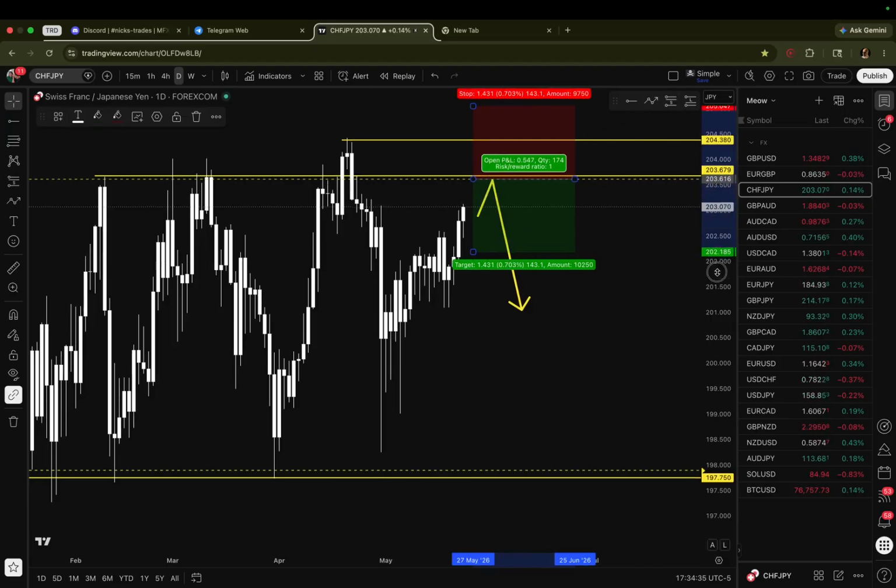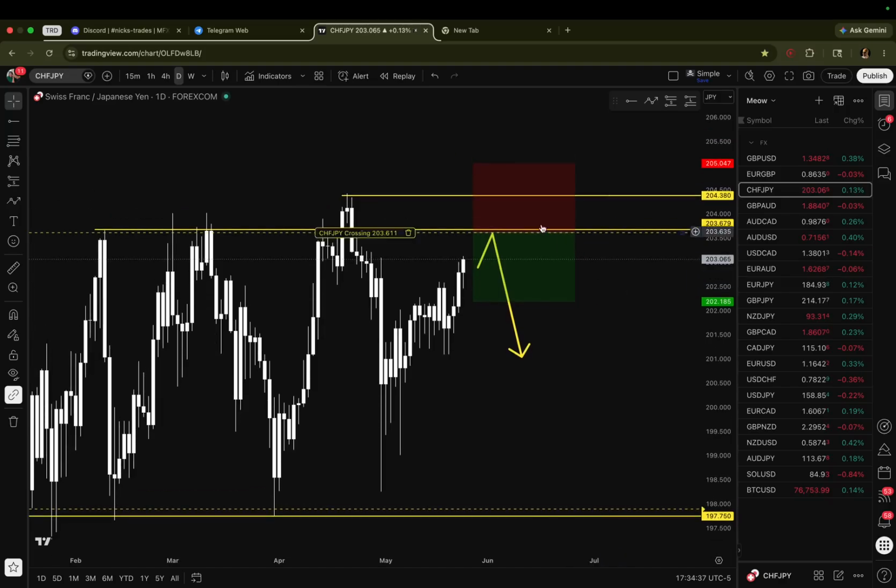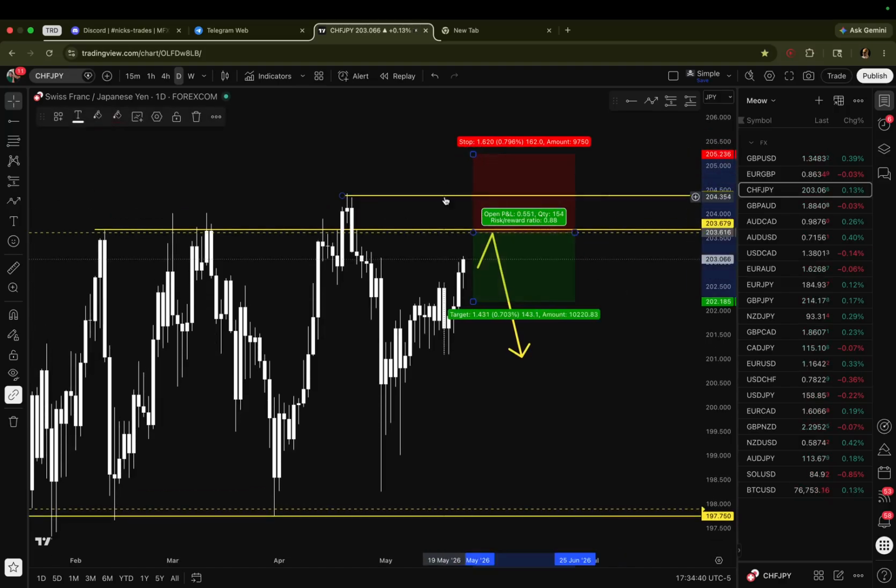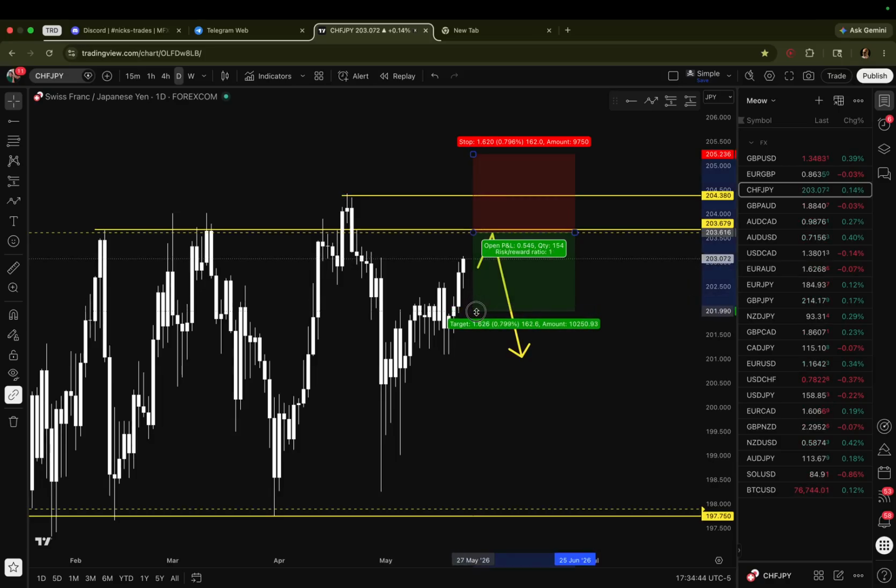So sell right there, a stop loss clear above this resistance zone as well as the next previous high, and then a take profit at 1-to-1 risk reward ratio. So if it bounces there, I will make $50,000. That's a relatively low risk trade given the risk tolerance, given the context, given the fact that it's a major